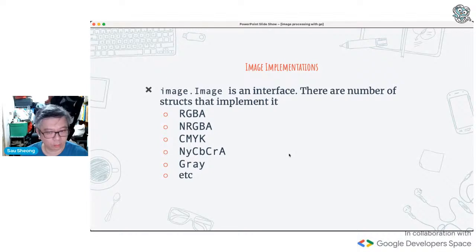RGBA is the RGB with the alpha, and this is a premultiplied image. Then CMYK is another scheme, and so on and so forth. Gray is grayscale. You would normally be using the implementations rather than the interface, so just be a little bit careful of that.